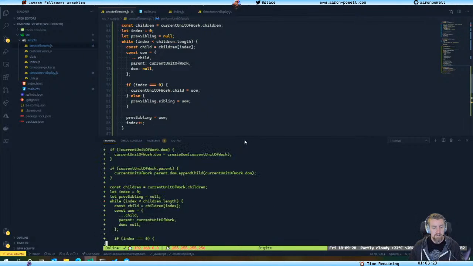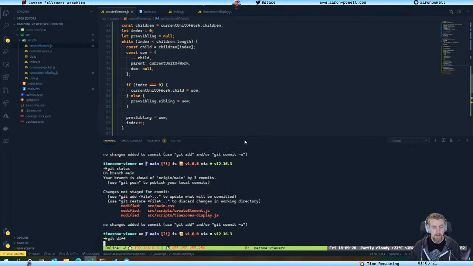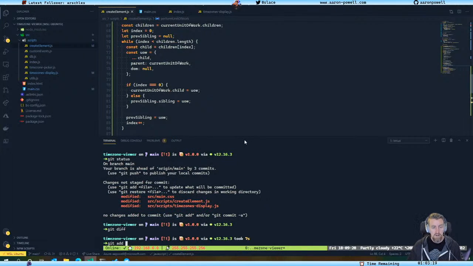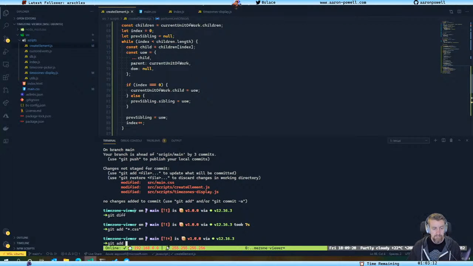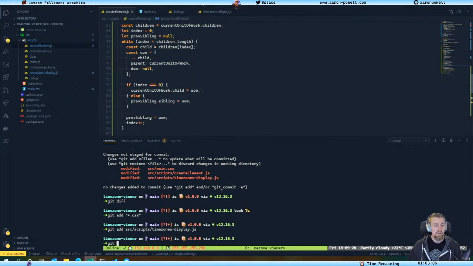Create element. Okay, so we're going to add star.css and git add this file. Git commit. So we're just going to add these two that we have the minor change in, adding an extra